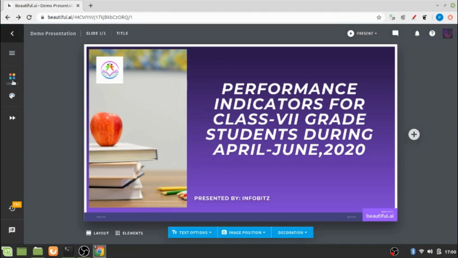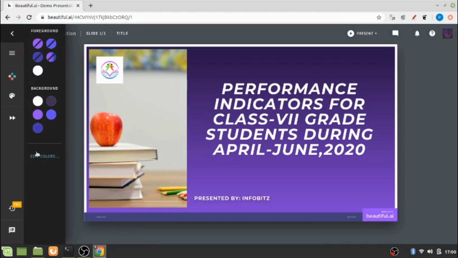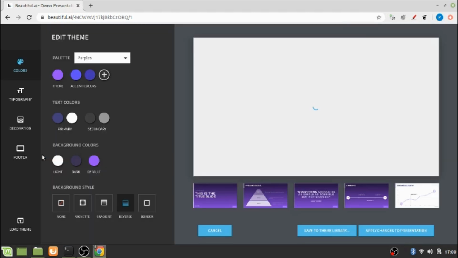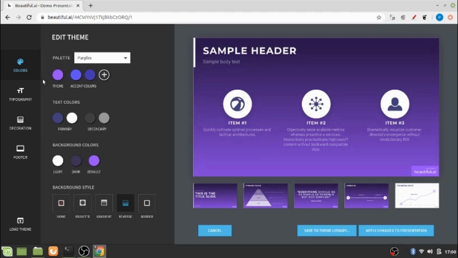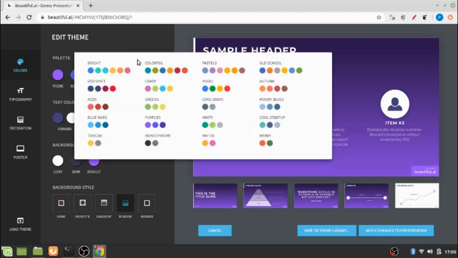So this is the color option, and these are the options for foreground colors, these are the options for background colors, and you can also edit colors. And if you click on this, you will see that the palette theme is purple, but you can always change the theme to the color of your choice.